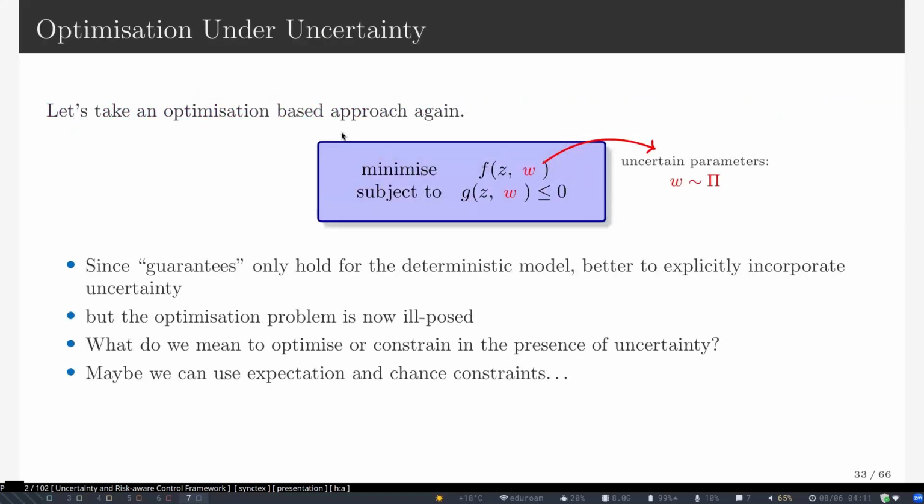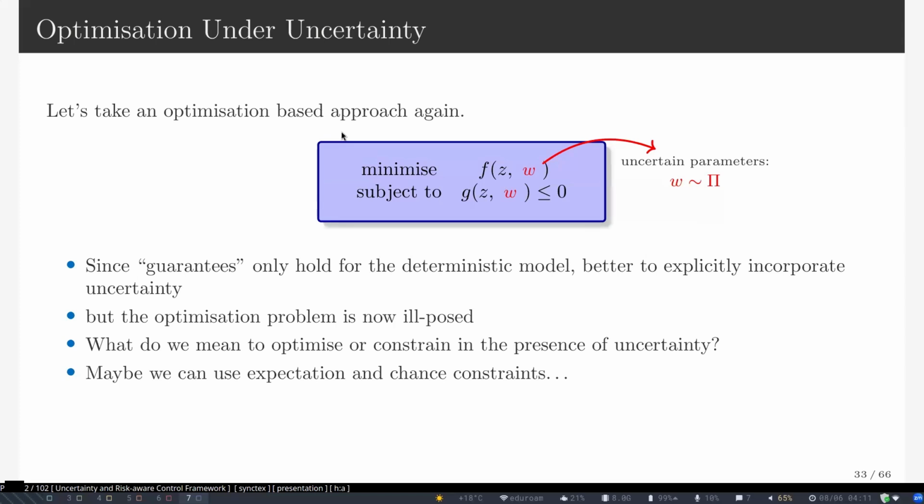Okay, so we're going to start from a very common way of incorporating some notion of uncertainty into problems. Well, we might have a cost function, where z is our decision variable. In this setup, z is the concatenation of state and the control, so it's just again an abstract object. And we might have some constraints.